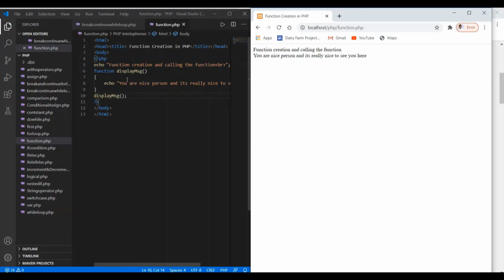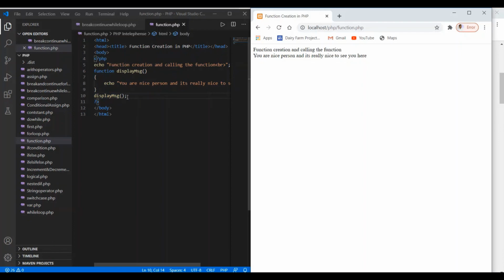I have created a function display message, and whenever I call this function it will execute this code, and here I have called this function.